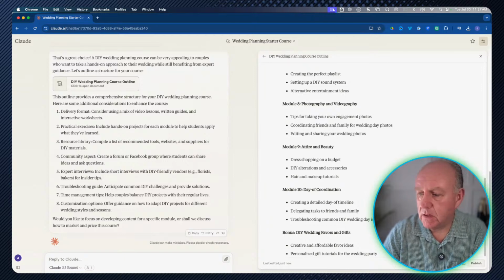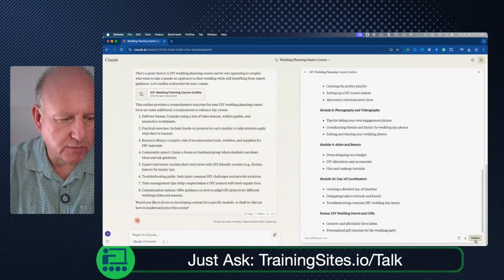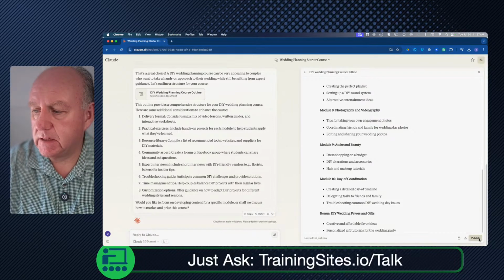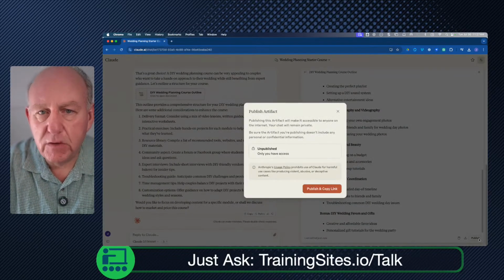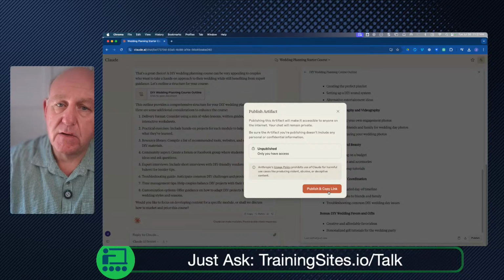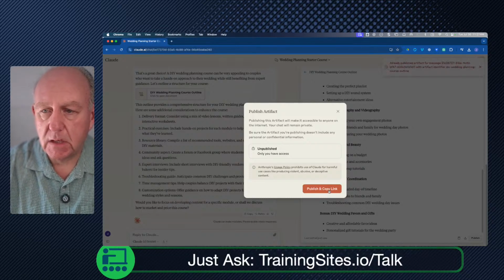The other thing you can do is if you look in the bottom right of the screen, right where my head is, let me just change the actual screen for you. If you look in the bottom right of the actual screen here, you'll see there's a thing called publish. And if you publish it, what it does is it actually gives you a page where you're saving the responses to the prompts. So I'm just going to copy that and then we'll see if we can get it to,